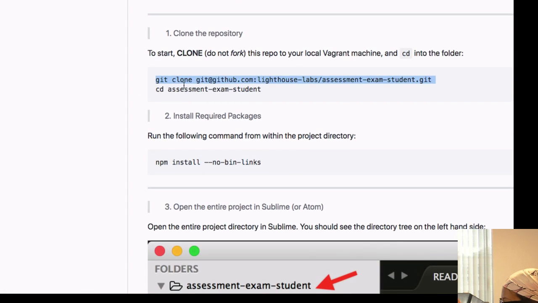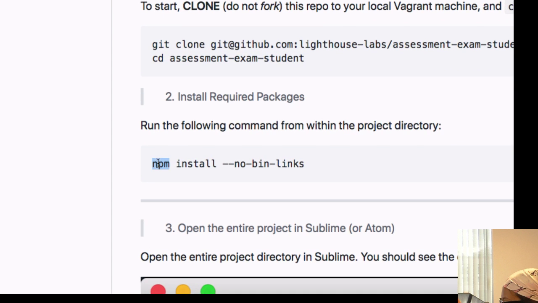Okay. So clone and then cd into it. And once you have cd'd into it, we're going to run npm install --no-bin-links. If you're not done yet, don't worry, because we literally have an hour and a half to do this stuff.